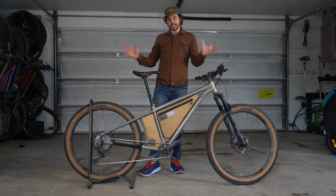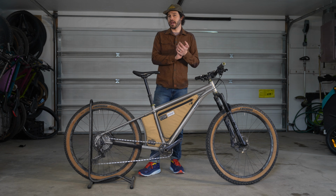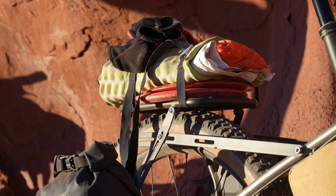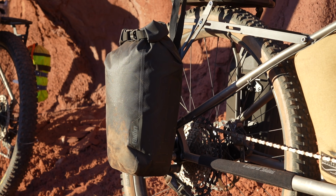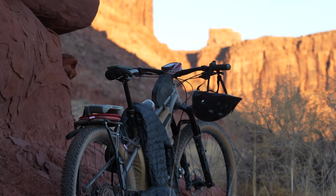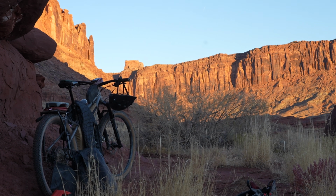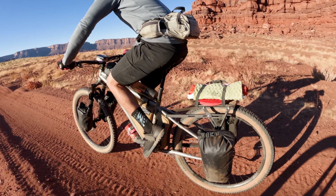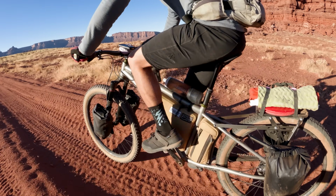All right, so I found that a standard rear rack, or in this case, the Old Man Mountain Elkhorn rack, did the job pretty well for me. I was testing the new Tailfin fork packs on this trip. I tested them front and rear, and because of this, I didn't necessarily need to use a seat pack or a handlebar bag. And paired with the 2 Sodero frame bags supplied with the review bike, I had ample space